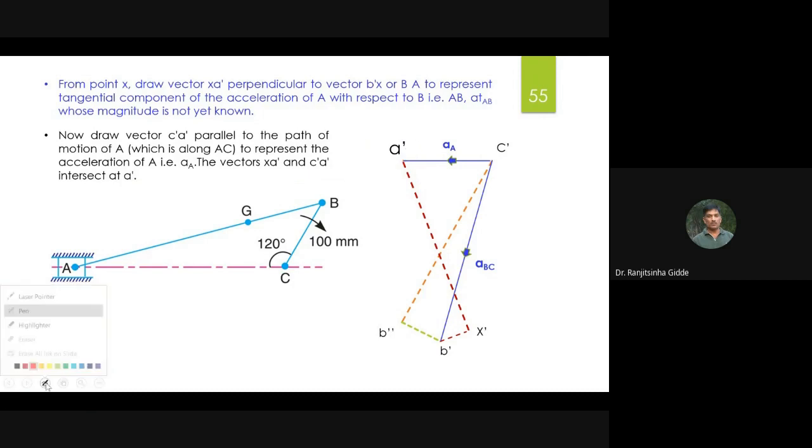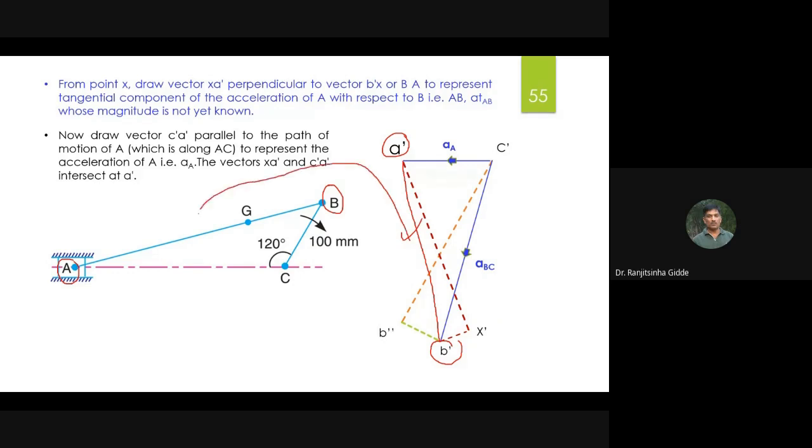Now this point A prime and this B prime. So this one is capital B, this is capital A. So the next step will be we need to join this, which represents the acceleration for this. So next line you can write,